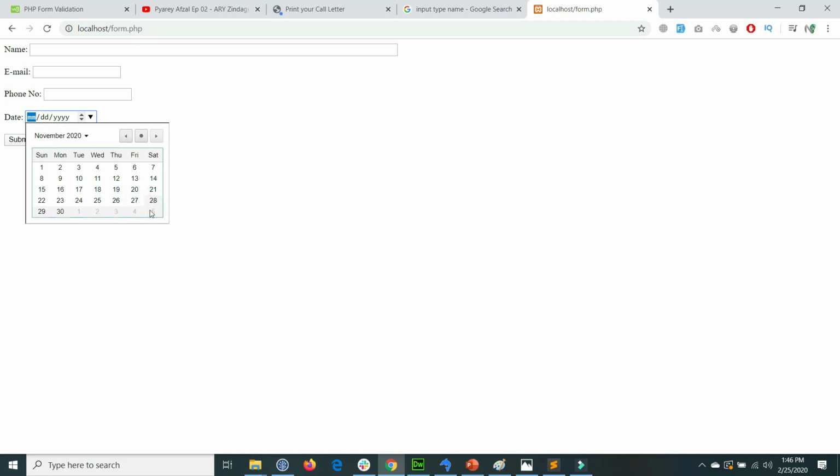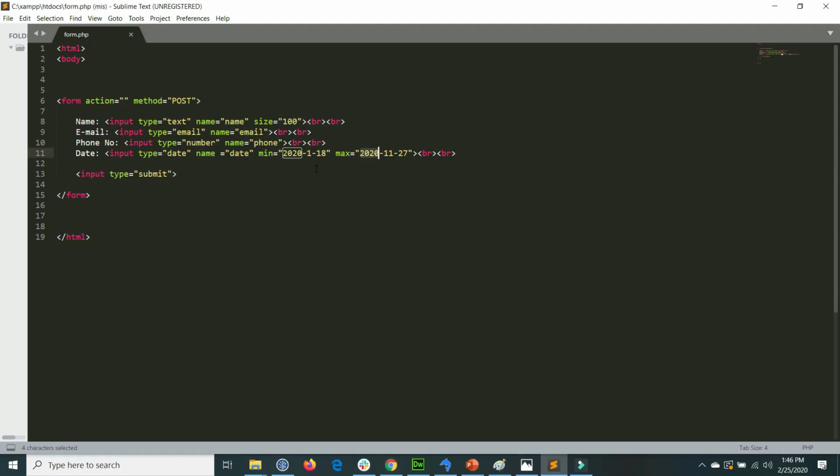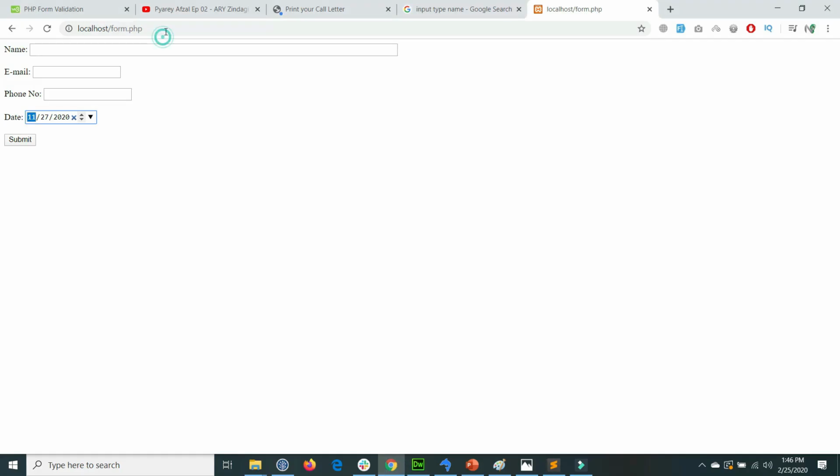I cannot select the 28 November. So basically I restrict the maximum value to 27 November, or the minimum value to, okay, there is a problem in the minimum value. If I again go to the code, okay, if I here put 0 in place of 01 and save the file, go to the browser and refresh the link,